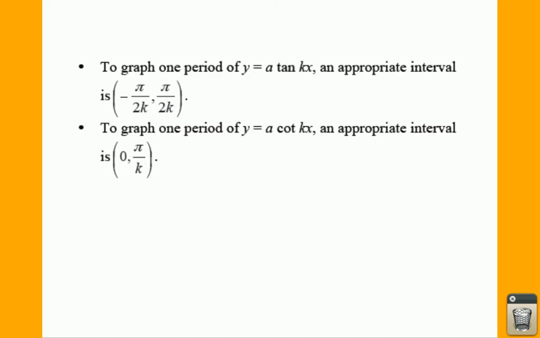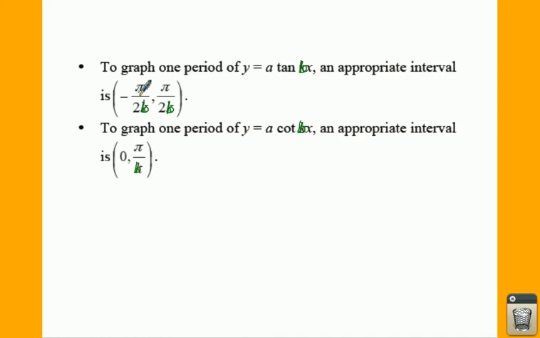So big thing to keep in mind is typically your intervals go from negative pi over 2 to positive pi over 2. I forgot to change this. This should be a b here. If that's a b, this is the b, this is the b. To graph a period of a tangent, y equals a tangent of b x, an appropriate interval